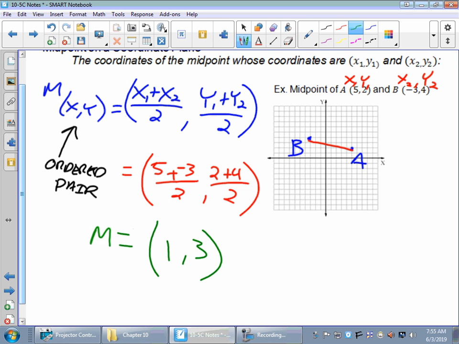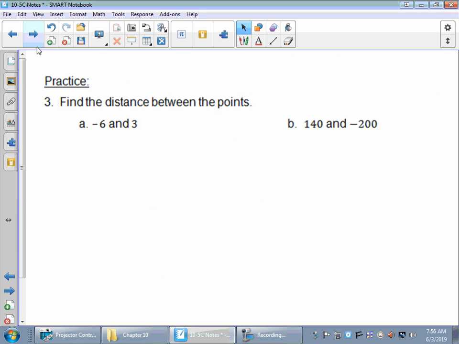So if you look at this point, 1, up 1, 1, 2, 3, your midpoint would be right in here, right in the middle of line AB. Okay? So that's basically it for midpoints. Let's do some examples here. Let's skip over to